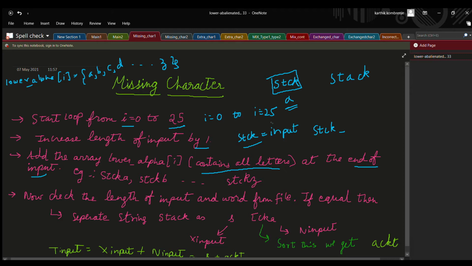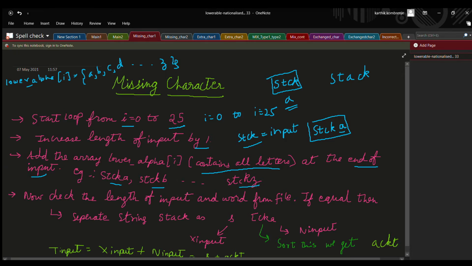For example, I will add A over here, so it will become STCKA. I have written the examples over here: STCKA, STCKB and so on up to STCKZ.